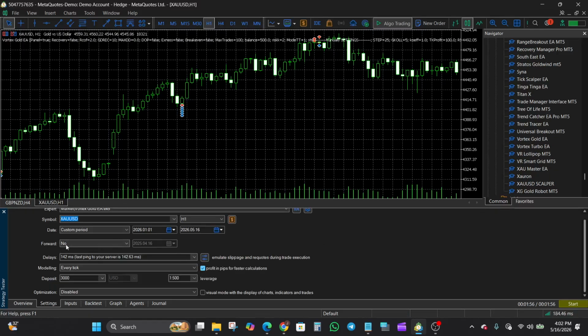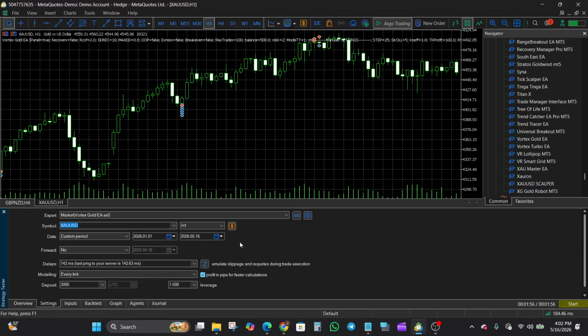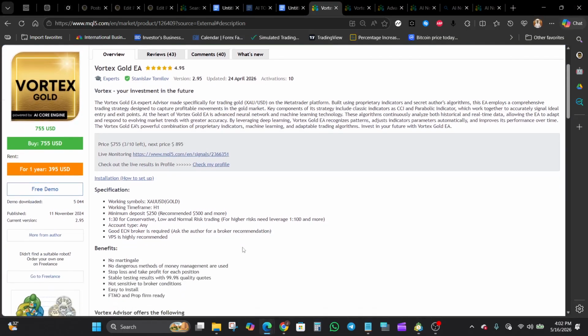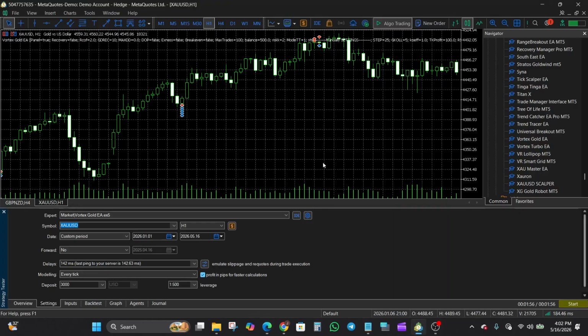So the delay was set to the last ping to the server, and then we are using the every tick modeling. And we are using, of course, the recommended currency pair, which is XAUUSD, on the recommended time frame, which is H1. So now let's quickly look at the trade